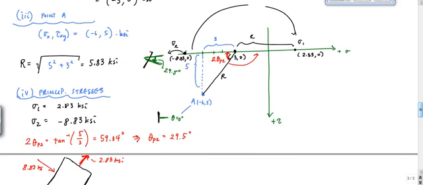Then I can do all kinds of stuff. I can go and look at, let me erase this right here. I never drew the complete circle. You don't have to draw the complete circle because, how many of you carry around a compass just for fun, right? So what's the point of doing that? So the reality is that, hey, now for the maximum in-plane shear stress, let's see, can you even see